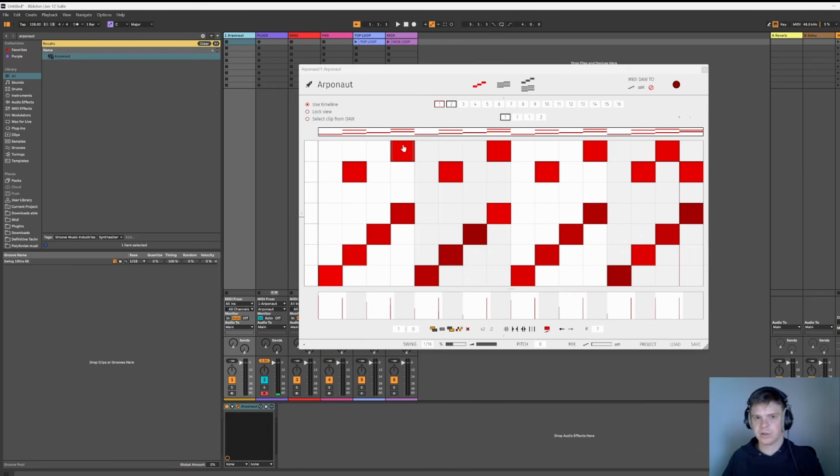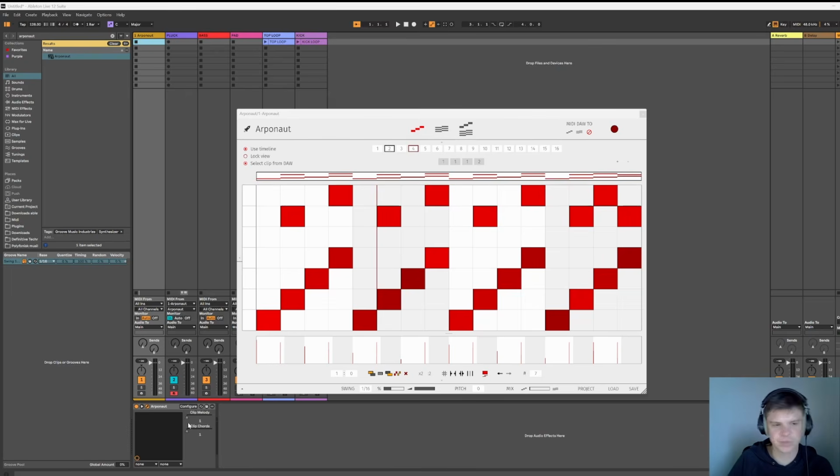Well, another cool thing you can do is select clip from DAW. You see here that the timeline is currently disabled, so we won't use the timeline inside the plugin. But now you can select here from inside the DAW which clip is currently playing. So if I drag this, it needs to play. You can see here we scroll through the clips. This can be a cool way to automate which clip is playing inside your DAW. So you can automate it, or you can just control it with a